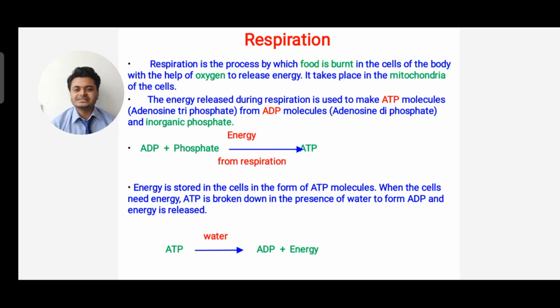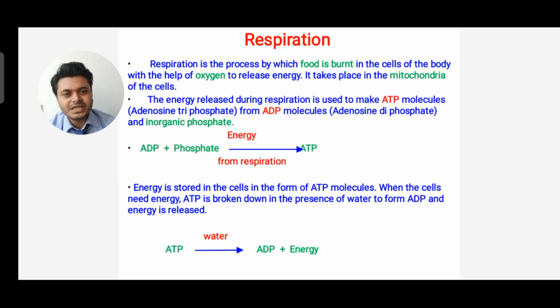The energy that is released during respiration is used to make ATP molecules. What is ATP? That is adenosine triphosphate, made from ADP molecules. What is ADP? Adenosine diphosphate. So whenever adenosine diphosphate, that means ADP, plus phosphate, meaning inorganic phosphate, takes up energy from respiration,